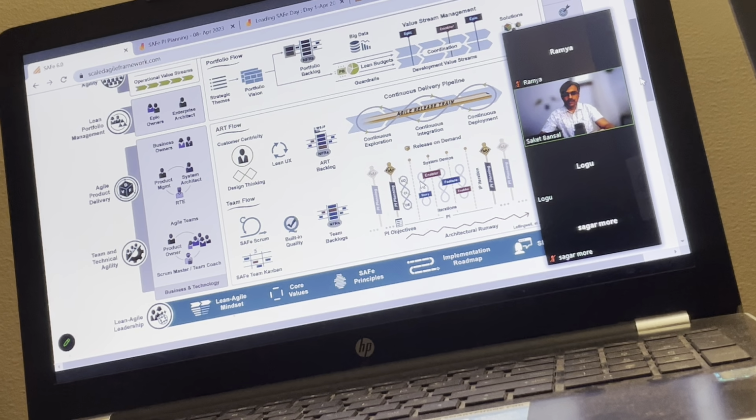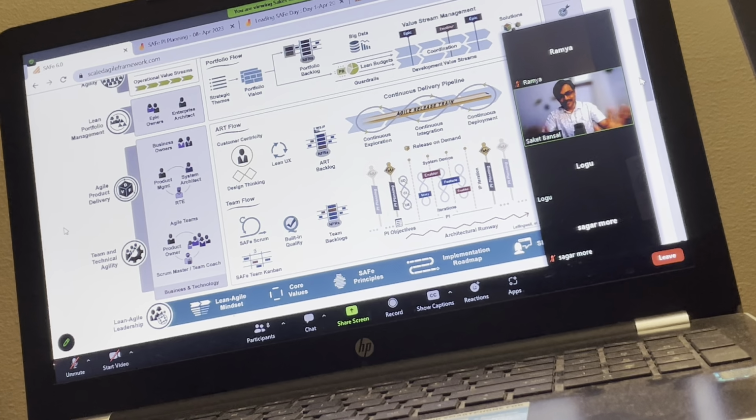For exam perspective, the digital workbook will cover 80 to 90% of your questions. Beyond that is not needed from an exam perspective. Scaled Agile has 14 programs. Leading SAFe is one of them. And I personally believe if someone does all 14, they still will not cover more than 40% of Scaled Agile